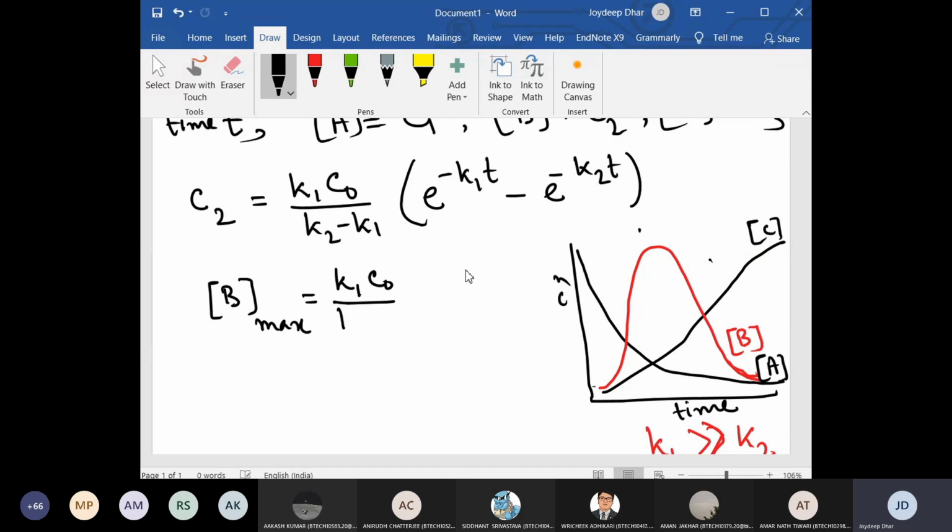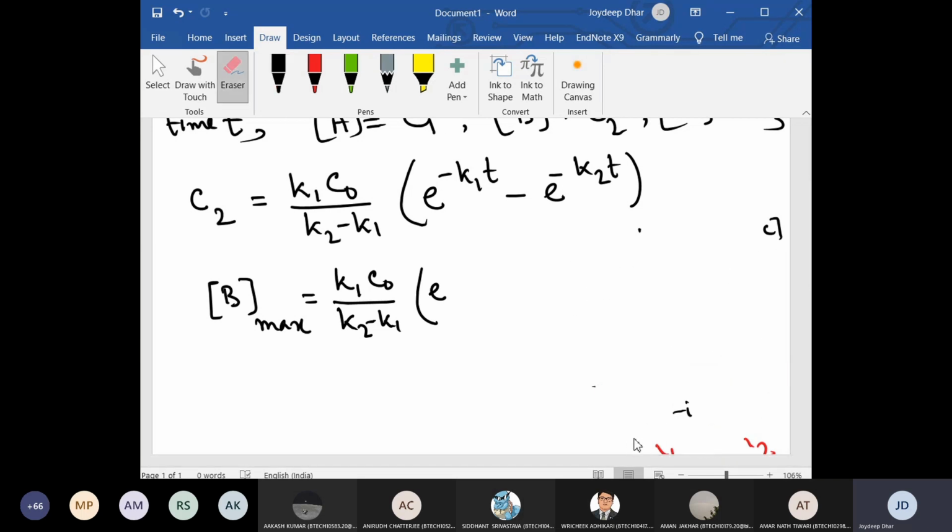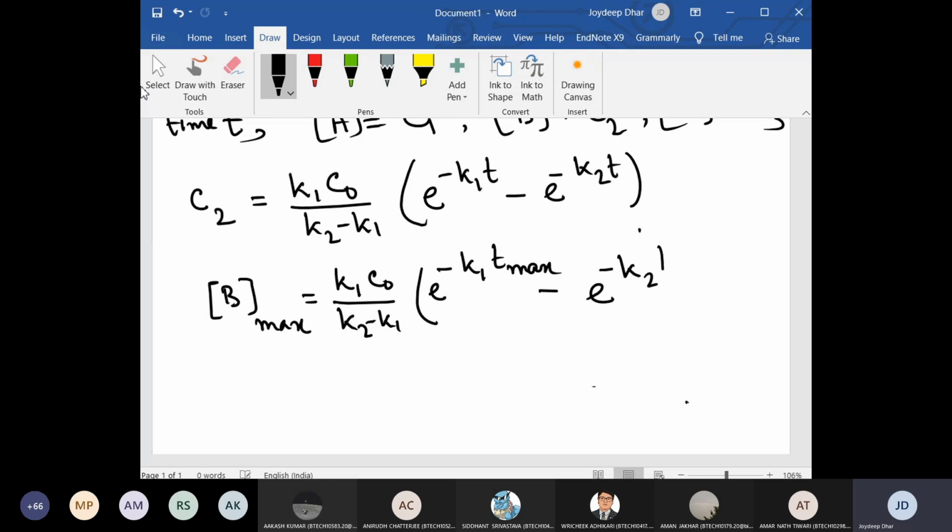So I can write the same thing, I can erase the graph. And I can say when B is maximum, time is maximum. So that is the maximum time. First I have to get what is T max, the time at which B is maximum. So that time is T max. First I will get the T max, then I will put the value of T max to get the B max. Okay. So when B is maximum,